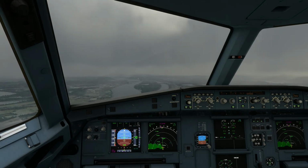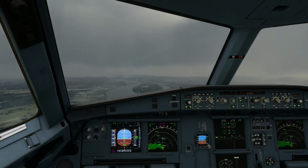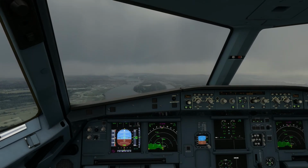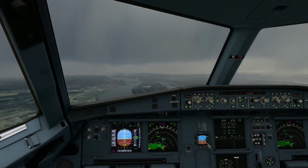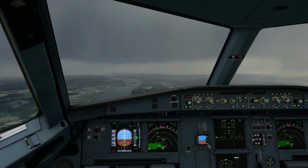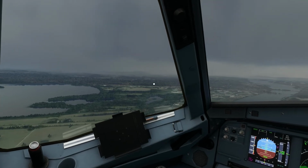Alright, beautiful view of the Columbia River. You can see off to the right the Willamette River, which runs through downtown Portland. But we're over the Columbia River now, and I believe we're landing on runway 10 right, I think. Basically we lost air traffic control. I don't think we get it back until we actually touch down and they tell us to go to ground, but we don't actually get clearance to land, so I'm just hoping that we get down there and nobody's sitting on the runway,